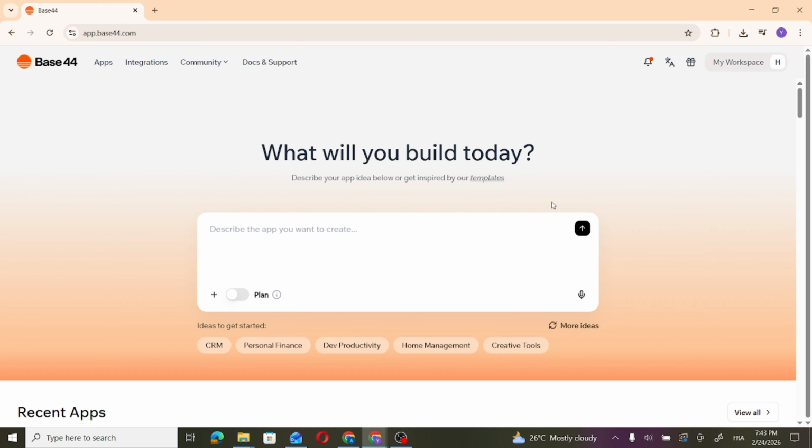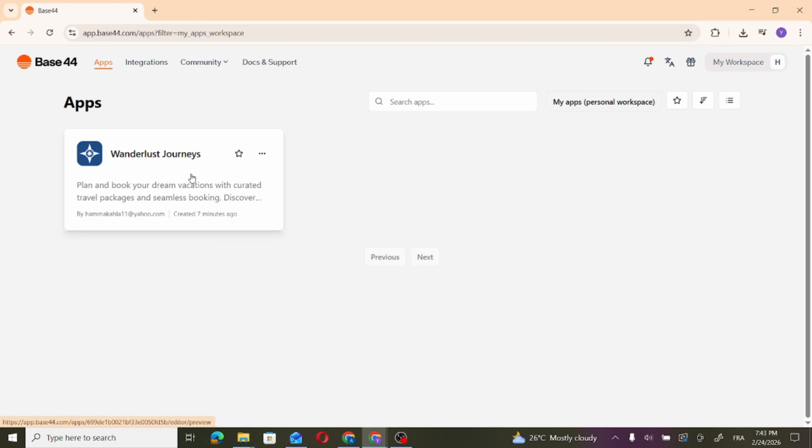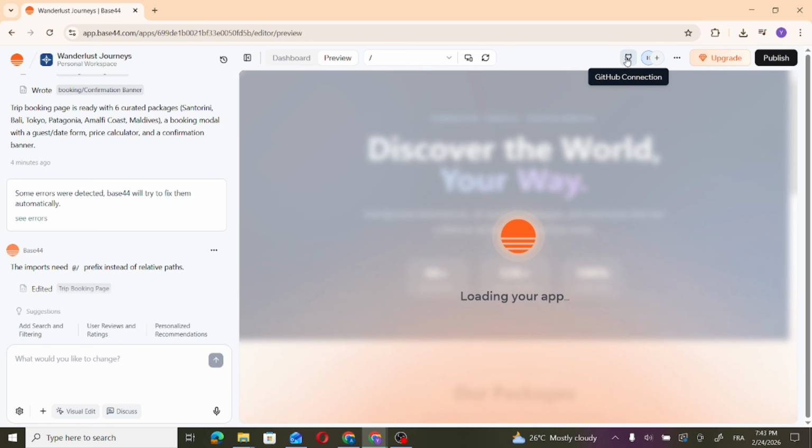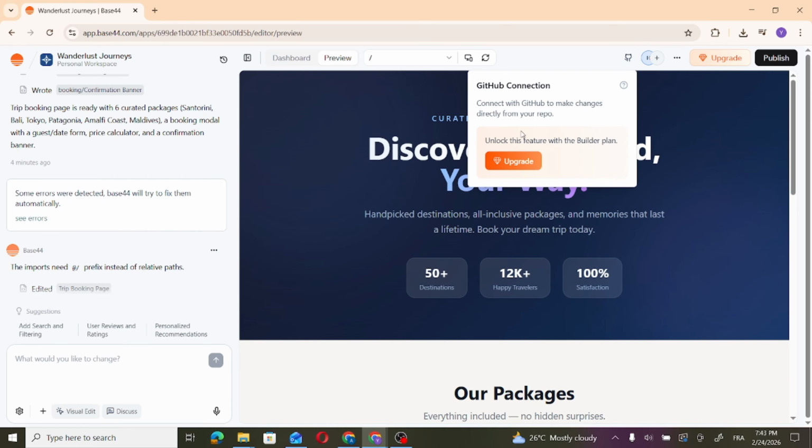So all you need to do is open any browser and then search for Base44, and then log into your account. Make sure you are logged into your account, and then navigate to your apps. Now choose the app that you want to connect to GitHub, press on it, and then go to GitHub connection, and then it needs a paid plan to connect to GitHub,